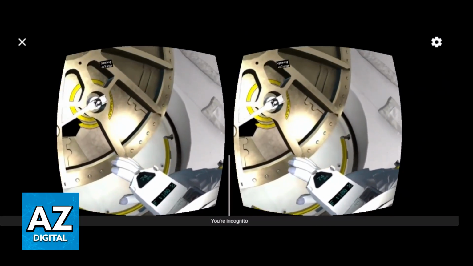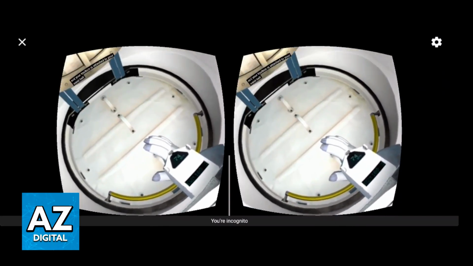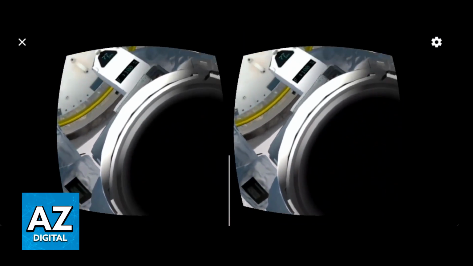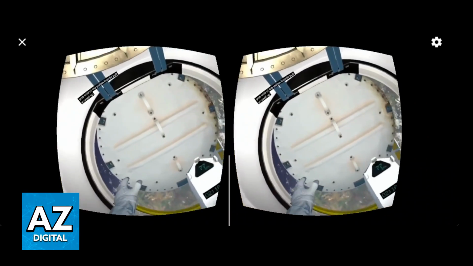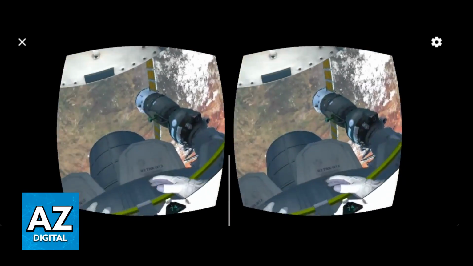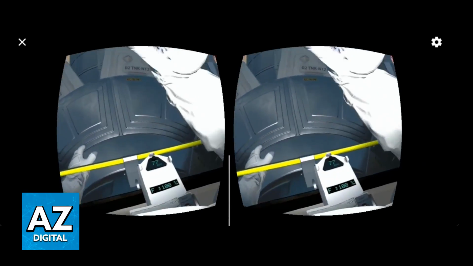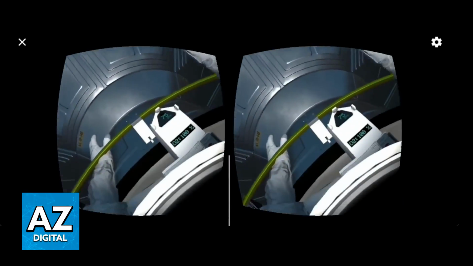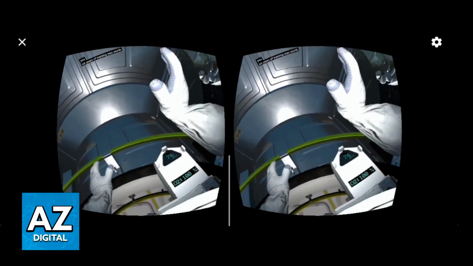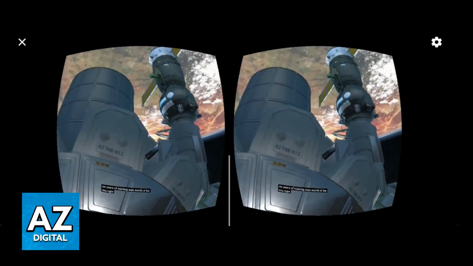So all that you have to do now is move your device around and you can see the 360 view here. So not only is it in virtual reality, but you will also have this 360 gyroscope view of the scene. If a specific video does not have the icon appearing, this means that it doesn't support the VR viewer headsets like Google Cardboard, but you will be able to find plenty of videos that have this function.